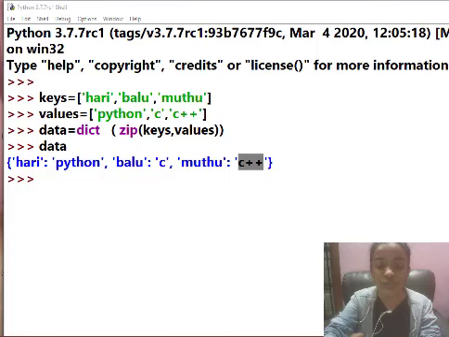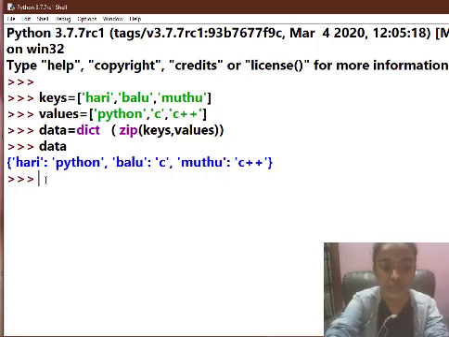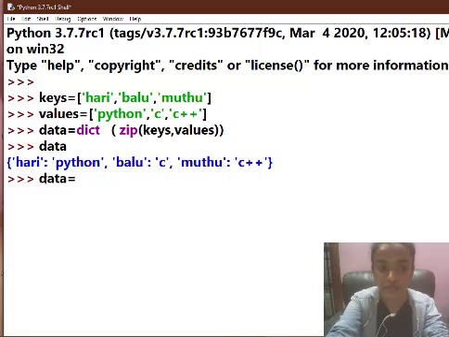So now what will you do in order to add something to a dictionary? If you want something extra to be added to a dictionary, what should you do? You have to type in the variable, the new variable which is data, and after typing in the variable data, you have to open the square brackets, and you have to type in the new key which you need to add to the dictionary.